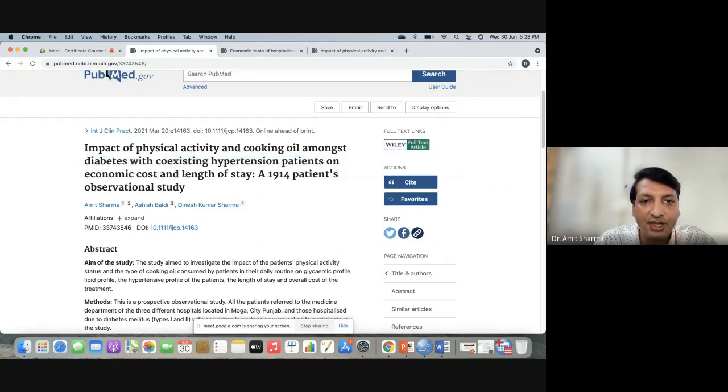Economic cost and length of stay. So these two were the dependent variables in our study. Then I added the number of patients and the type of study we did. So two independent variables and two dependent variables. From only one model, I received one research paper.